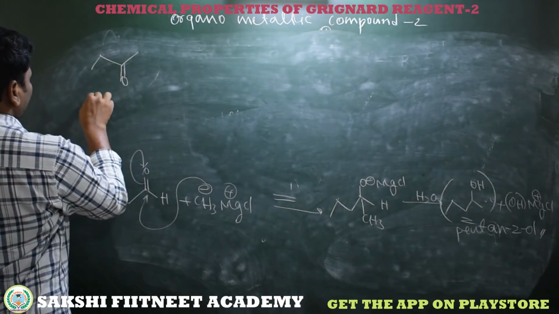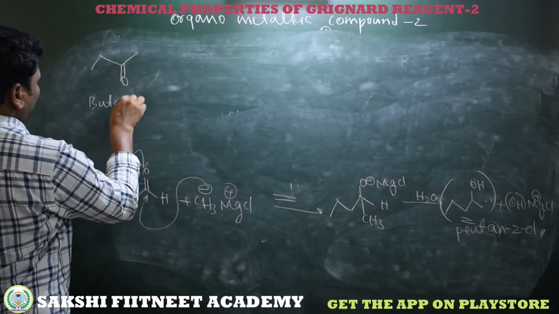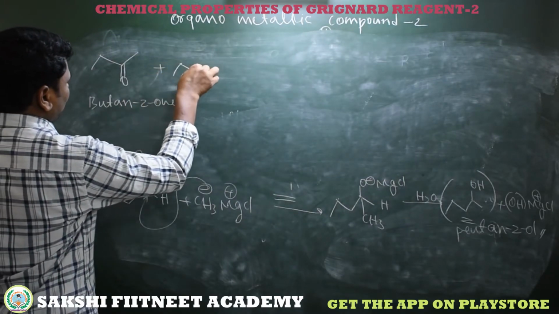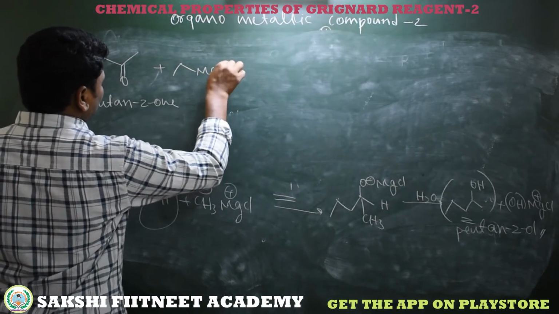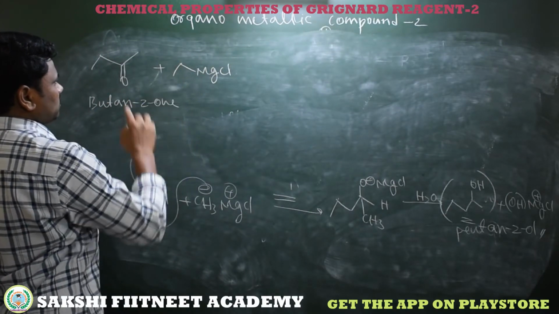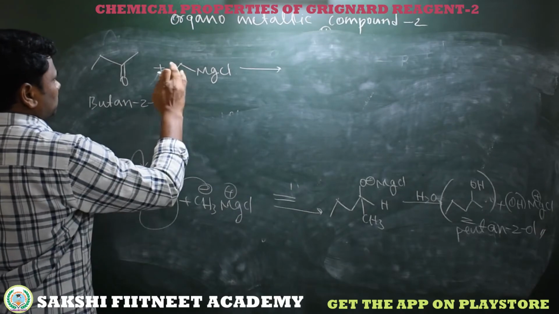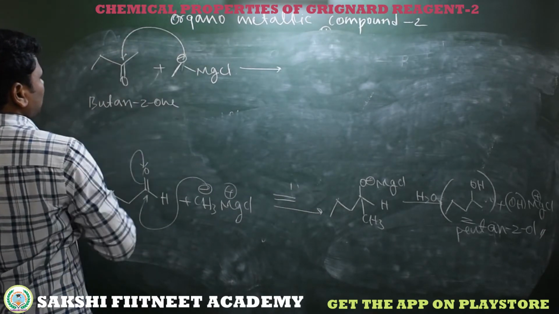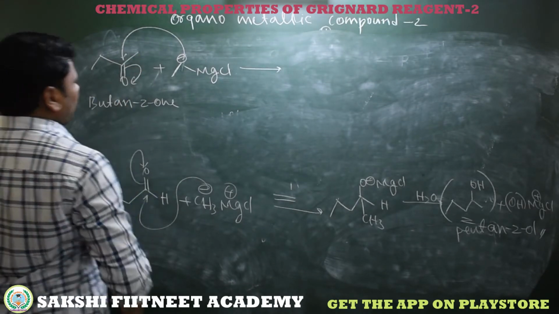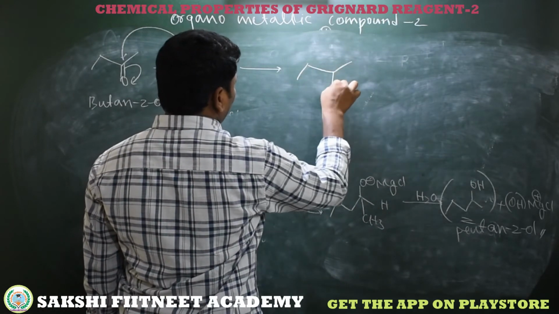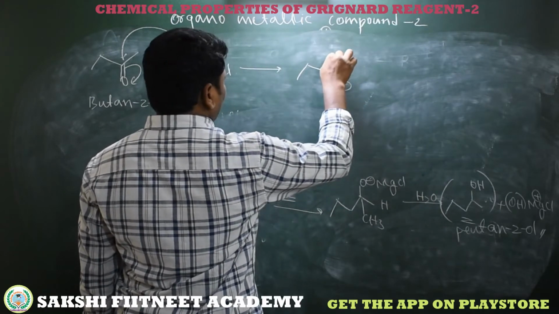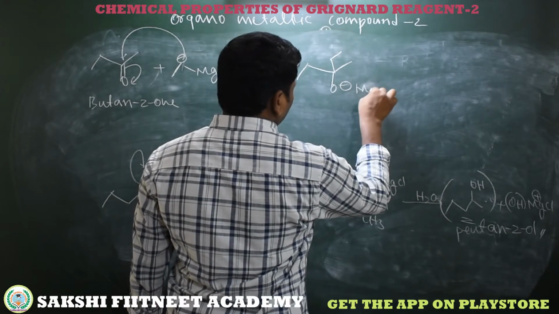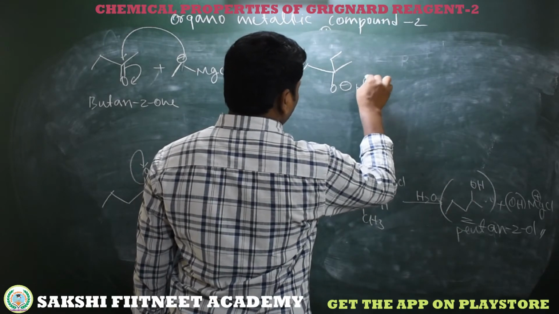It's butan-2-one, that is reacting with this ethyl Grignard reagent, CH2CH3. So simple here, this carbon gets minus, we just directly bond to the carbonyl carbon and pi electrons shift to oxygen. So now we have an O minus, and here we got an ethyl group which bonded to the carbonyl carbon. This O minus is neutralized with MgCl plus.